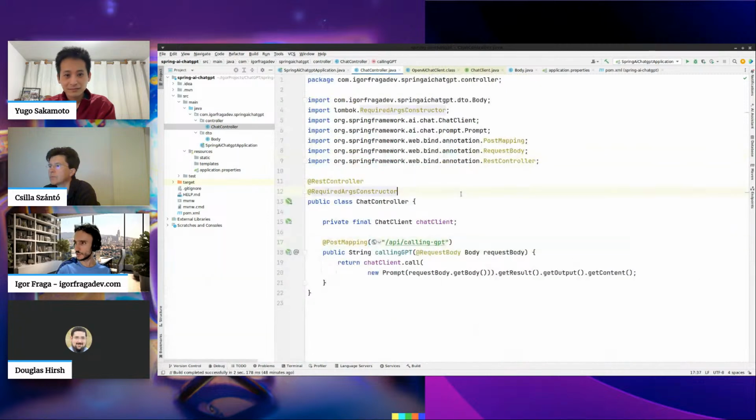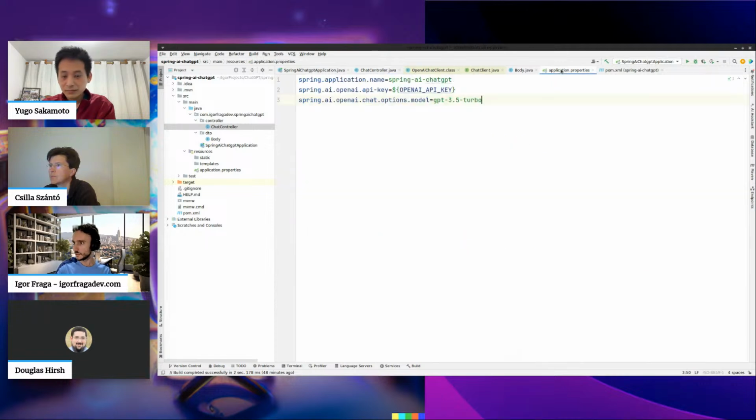And just a quick thing before running this and sending our requests to ChatGPT: you need to configure your application properties. Here is the name that was generated from Spring Initializr, and you need to add your API key. I've added this into an environment variable here to not have this exposed right here.